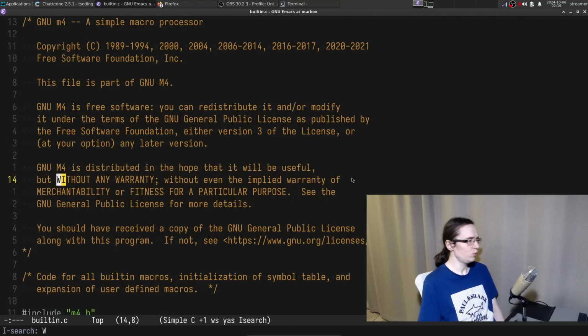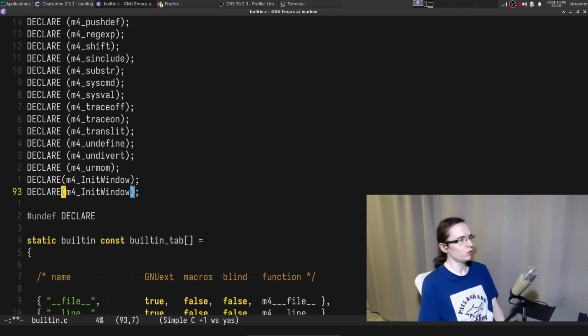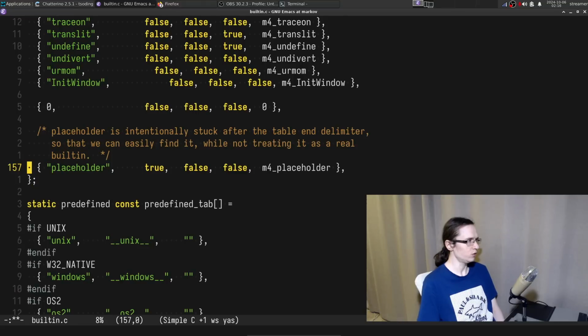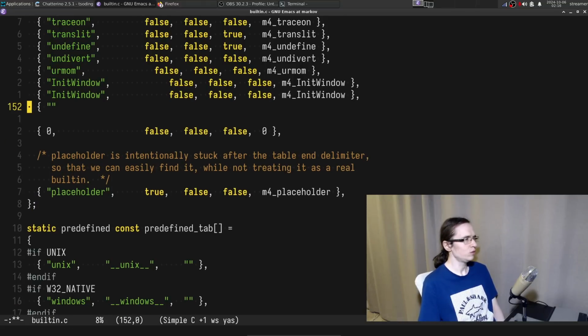So the thing we need to do, window should close. All right, so M4 init window. This one is going to have space, by the way. Window should close, so this is the next intrinsic that we're introducing in here. Let's actually do something like that.